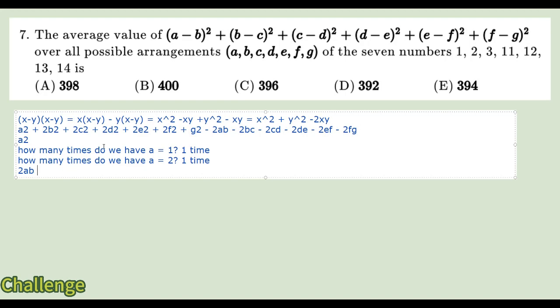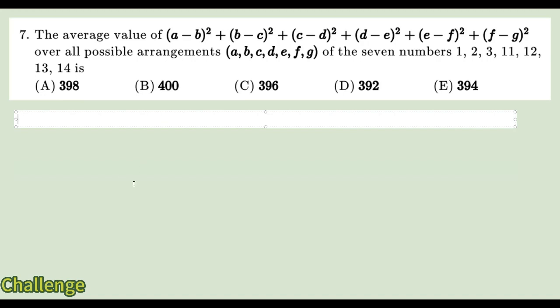Okay, well, let's go back a step. What if we didn't expand the values? Because we see that when we expanded the values, it didn't seem to get easier. We have this very long equation, longer than the original one, and we didn't get rid of any values at all. So what if we just didn't expand this equation at all? Now, we can take the same principle of finding the average and apply it here as well. So we have a minus b squared. If we want to find the average of all a minus b squared,